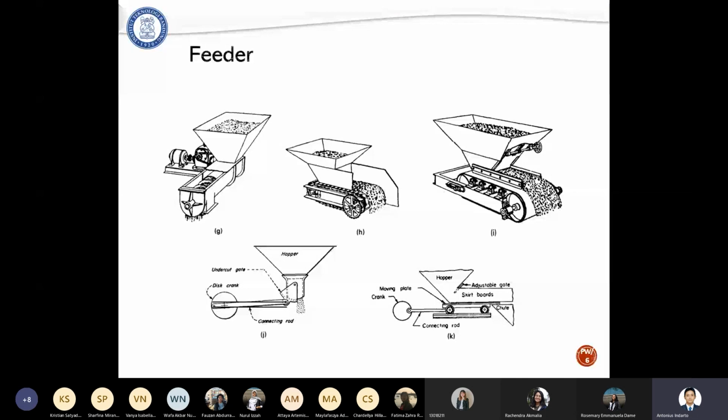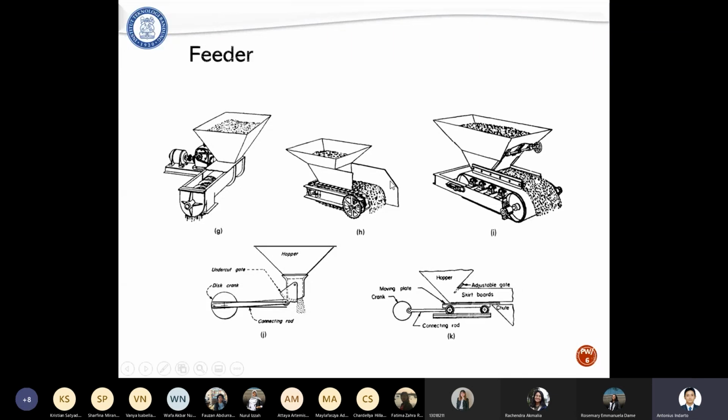Sometimes they put a screw here, for example this one. This screw has two functions: to break up the agglomeration and to control the velocity, because when you control the rotation speed of this helix screw, you also control the flow rate of solid to the storage.